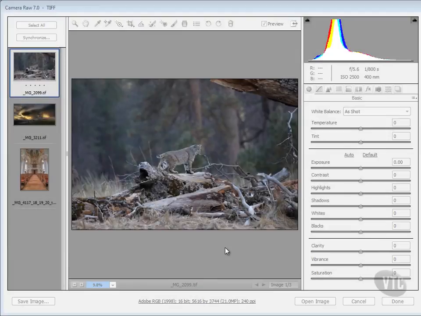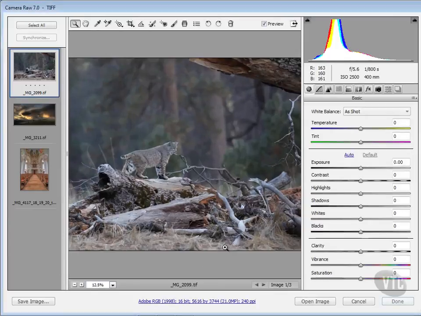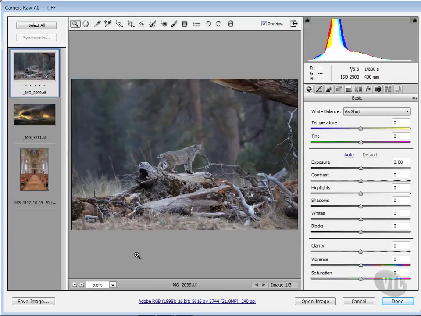Now, the clarity and vibrance sliders are two really great sliders, and they make adjustments that are, I guess, more attuned to contrast. Is the easiest way to describe it. Let me go ahead and readjust this image to fit in view. The clarity and vibrance sliders are located right here under the basic tab, and when you move it to the